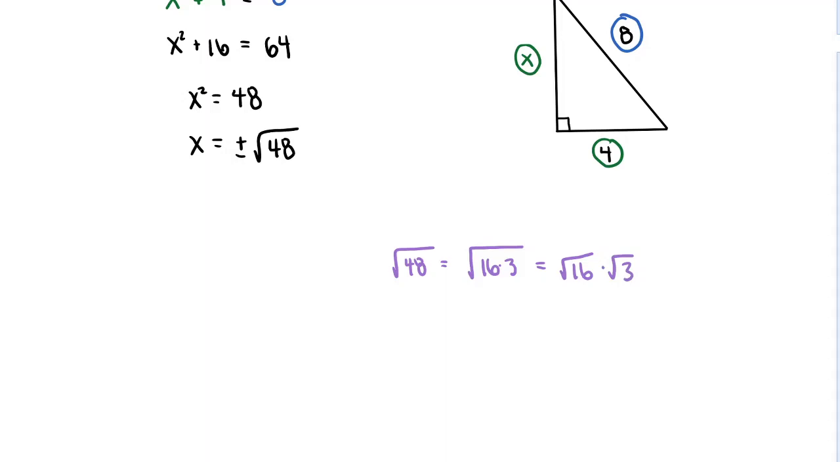And the square root of 16, well, this is something that we can compute, right? This is just 4. And so here, at the end of the day, this part comes out to be 4 square root 3. And so what we're saying is that x is equal to this missing side length. It's going to be 4